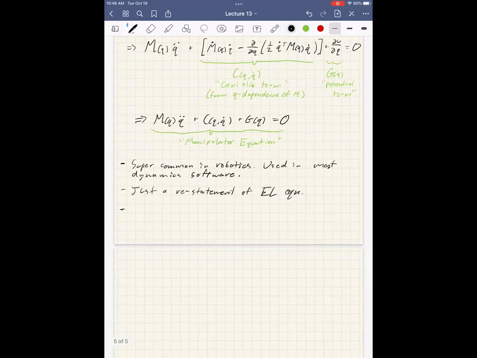So let's say that. Sometimes you will see C of q, q dot times q dot, where this is a matrix. But this is not unique. And then the other thing you will see